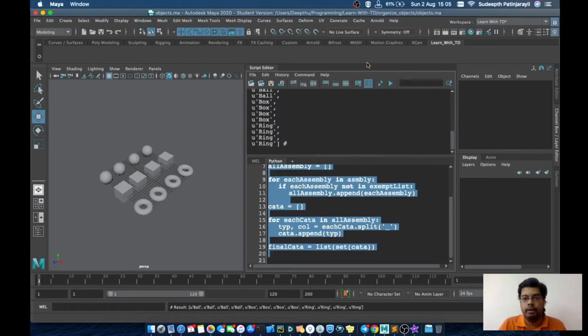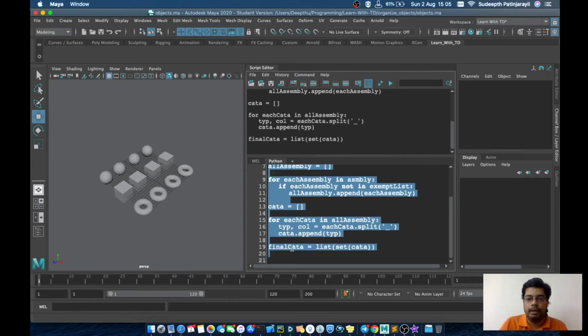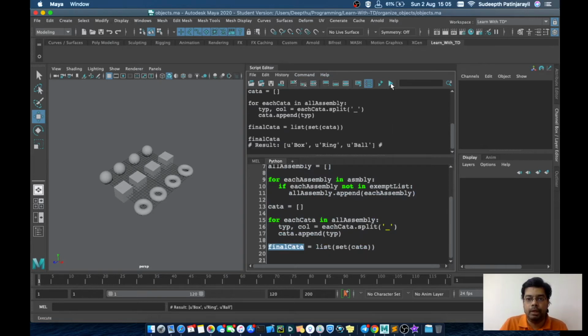So if we run this and print those things, we are only having 3 categories: the ball, the box and the ring. So we have removed all the duplicates.